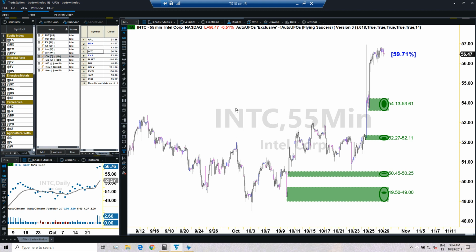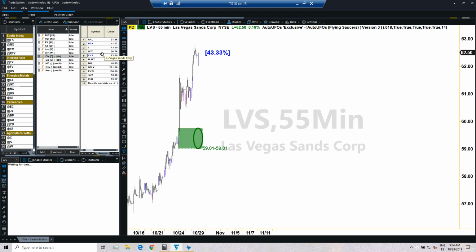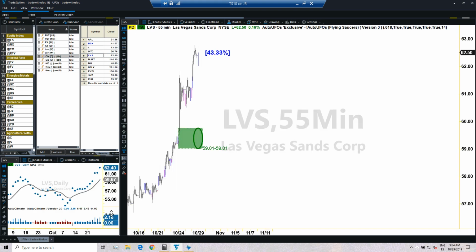And therefore, as the market opens, we're going to be looking at Intel, because I believe that we're going to have a potential opportunity here for us to execute. Okay, so Intel will be a candidate. Las Vegas Sands. Let's see what we have there. Okay, so no need to work on Las Vegas Sands. 11 candles out of 6, late to the party.